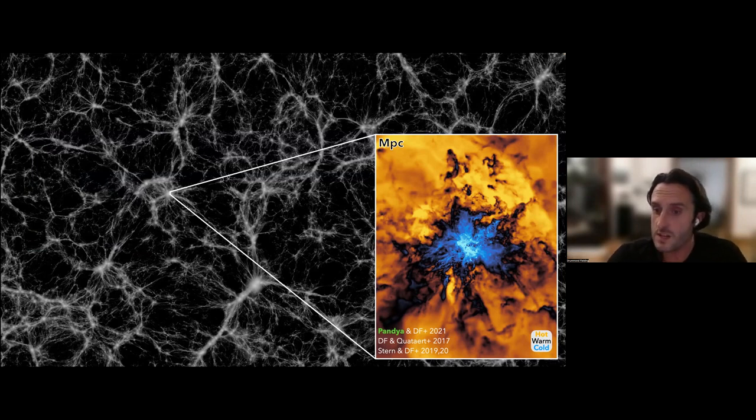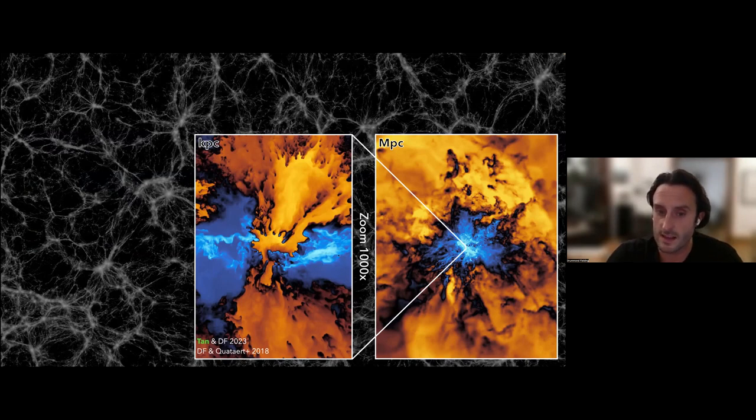But if we zoom in by a factor of 1,000 into the center here where there's a galaxy, here I'm showing a little slice through the midplane of a galaxy, there's a whole other set of really important, rich phenomena that are, as you can see here, this is where a bunch of supernovae have just exploded. They've ripped out of the galaxy and they're driving energy back out into the surrounding medium. And so there's not only these large scale flows, but there's also these intermediate scale flows.